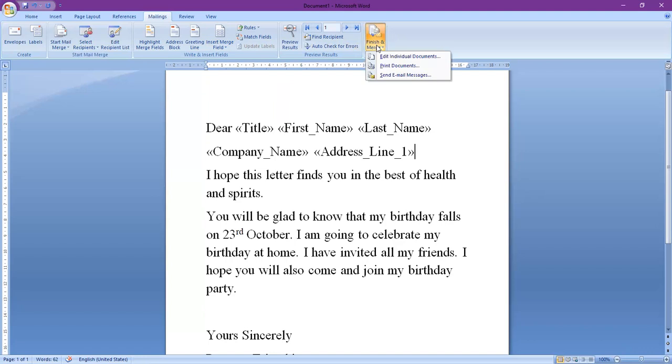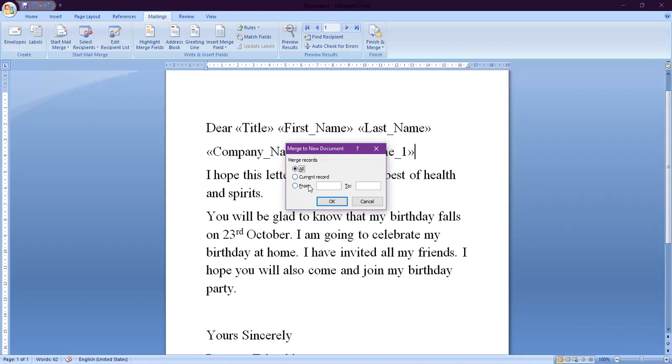Now it will ask me, do you want to edit individual document, or you want to print it, or you want to send email addresses? So now I will click on edit individual document. It is asking all or current record. So I will click on this all, and then I will click on this OK. Now you will find that 4 sheets will be created.